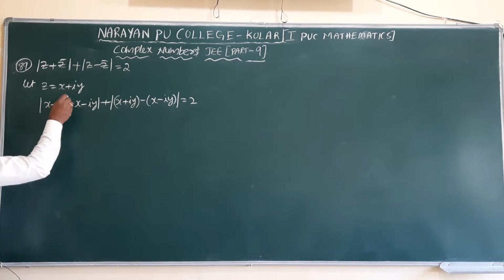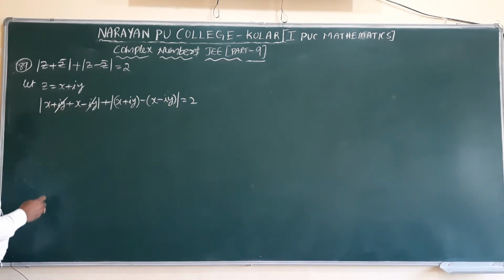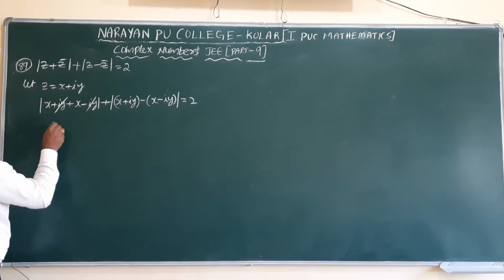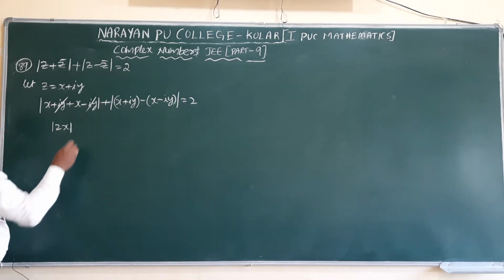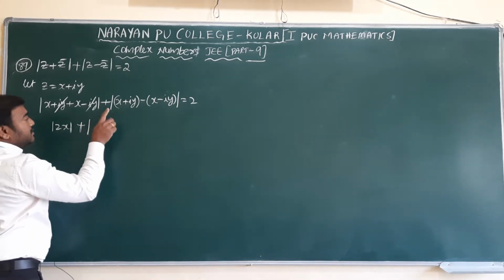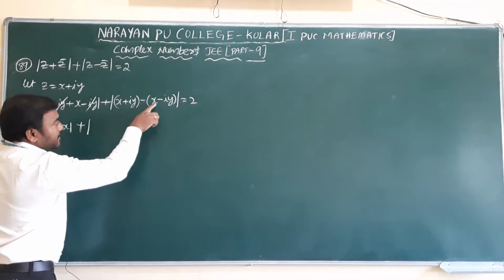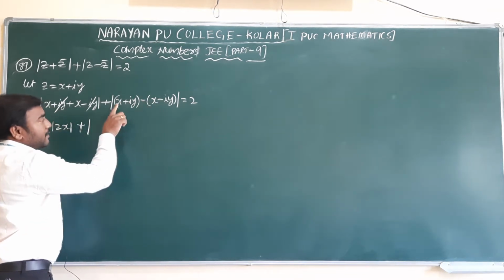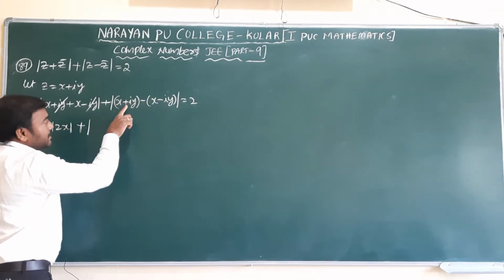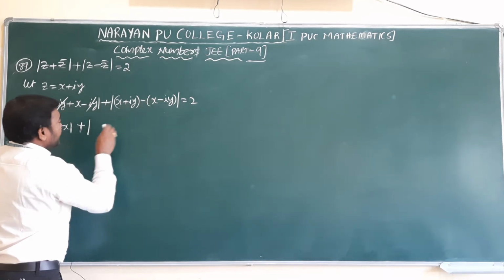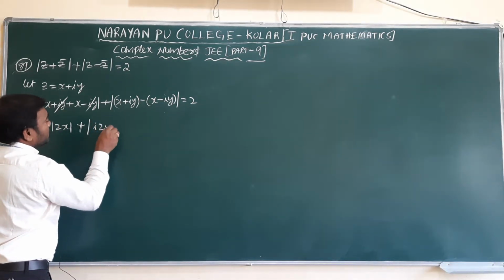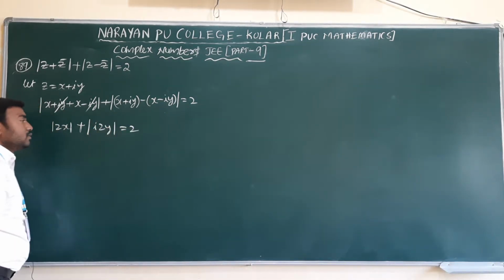Here iy plus iy, minus iy get cancelled, remaining modulus of 2x plus x plus iy minus x minus iy. Here plus x minus x cancel, remaining plus iy minus minus iy, getting i into 2y is equal to